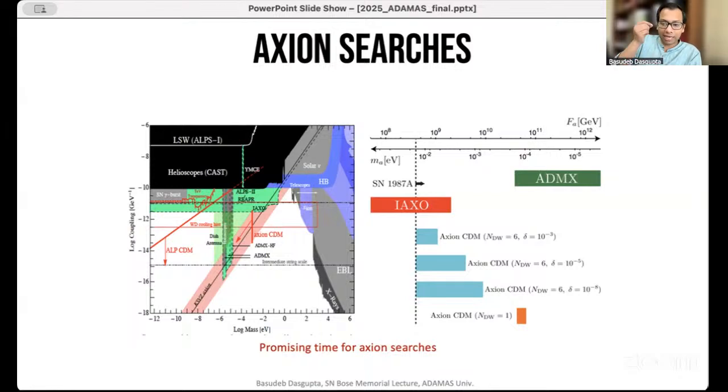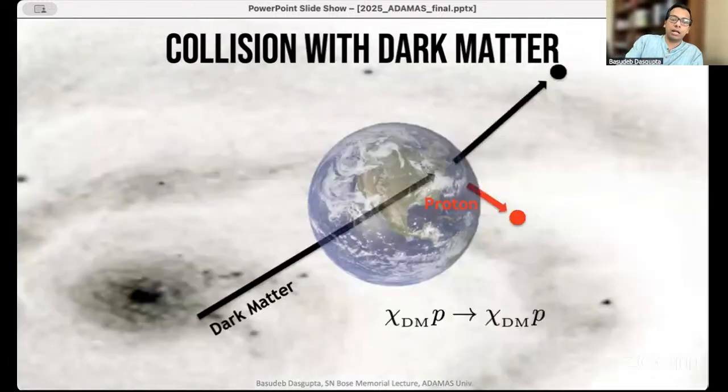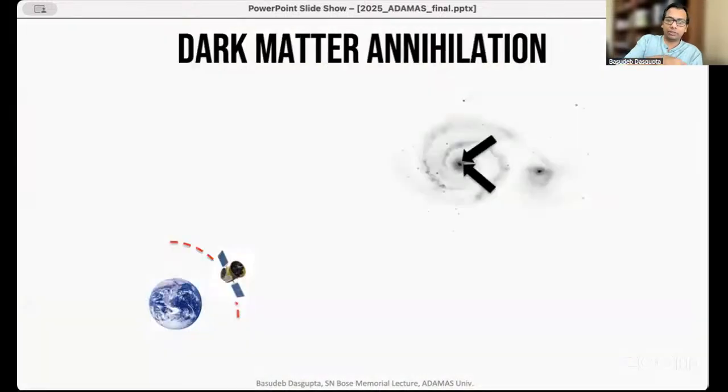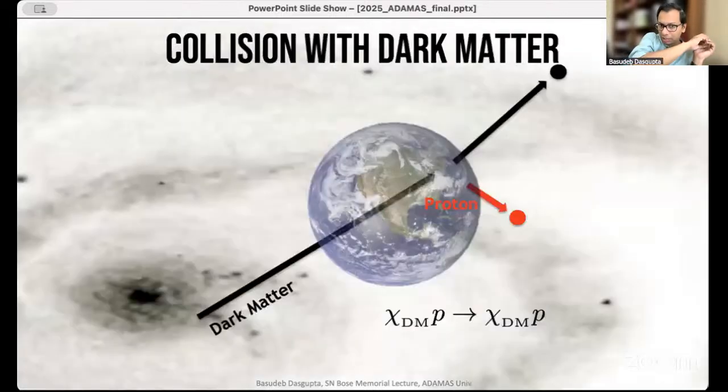All these experiments are explicitly trying to look for dark matter in the lab, with the exception of the one that I told you about, which is annihilation in the galaxy. This one is called indirect detection, where the dark matter interacts with another dark matter somewhere far away, and you're only probing the products. Here, you are not assuming that the dark matter is in your neighborhood, in your lab. But for this one, where dark matter comes and has to hit a proton in your lab, you do need dark matter in your local neighborhood, and that's precisely what is being probed.